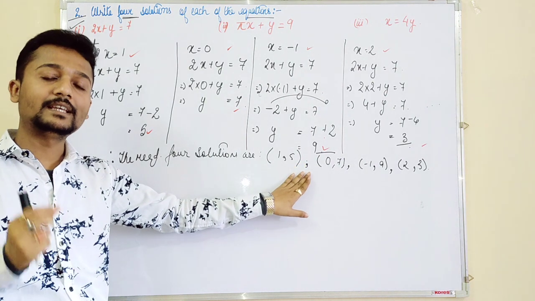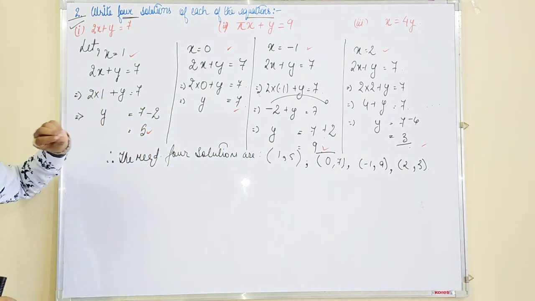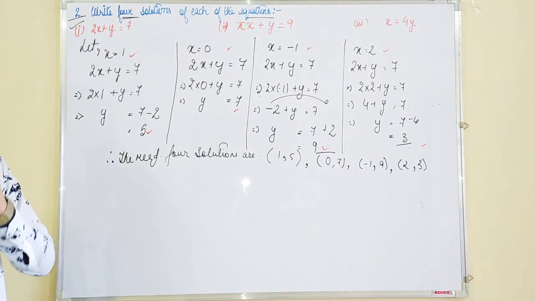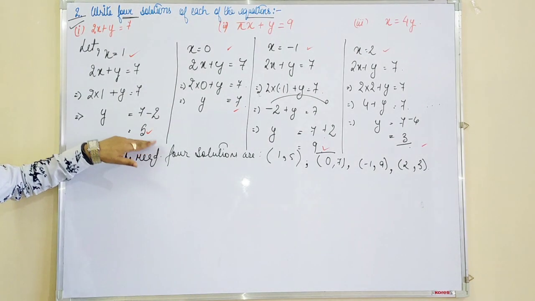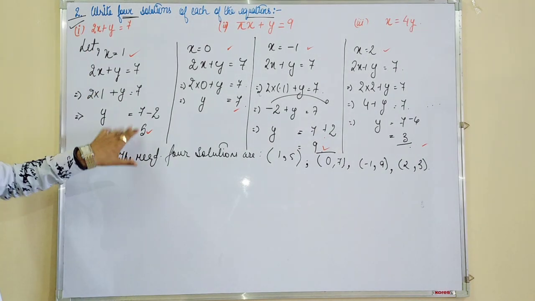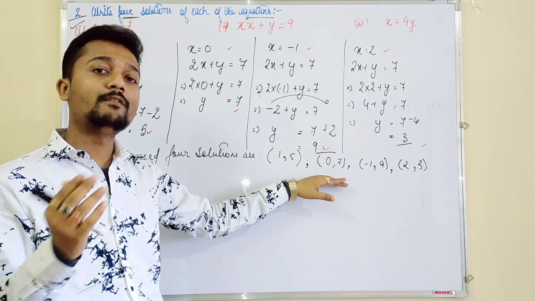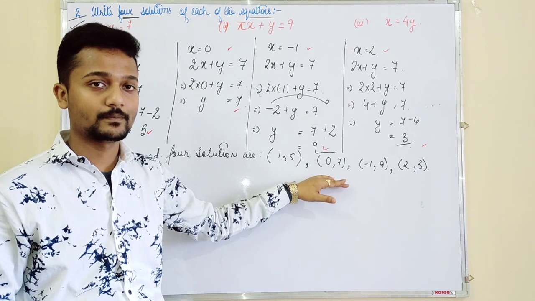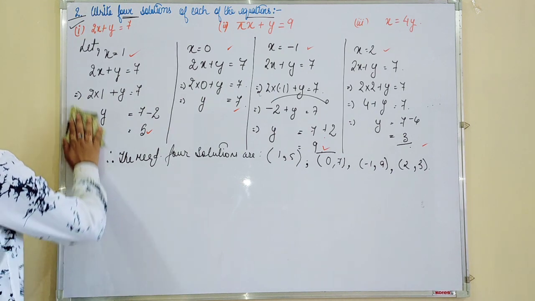Here we have the scope of taking any number, but while taking, we should keep one point under consideration: we should take an integer in the first case and we should get an integer in the answer. That means if we take x as an integer, we should get y also as an integer. Why? Because while plotting on graph paper, if we take integers and get integers in this manner, it becomes far easier for us to plot it on the graph paper. Okay. So now we will move on to the next question.